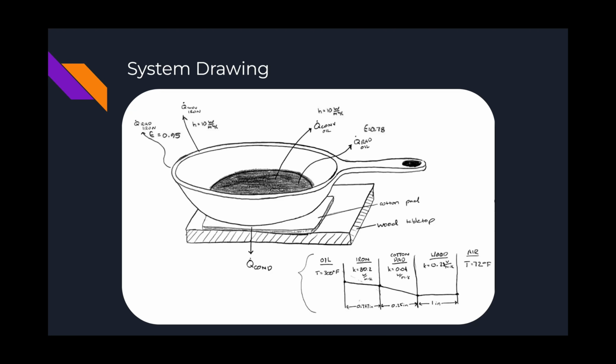There is convection taking place between the oil and the surrounding air. However, there is a very low output of heat, which is likely due to the walls of the pan protecting the oil from airflow and the surface area of the oil being relatively small in relation to the surface area of the pan. There was a fair amount of heat being put off by the cast iron due to convection,